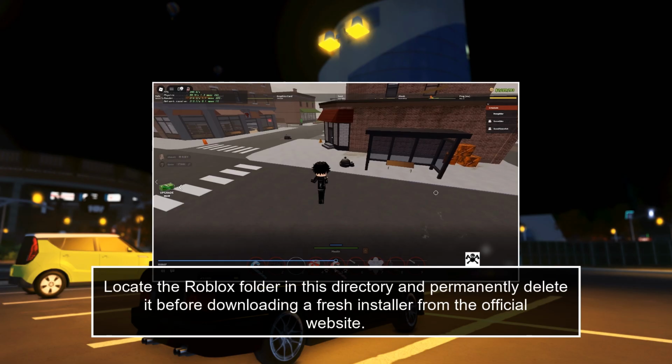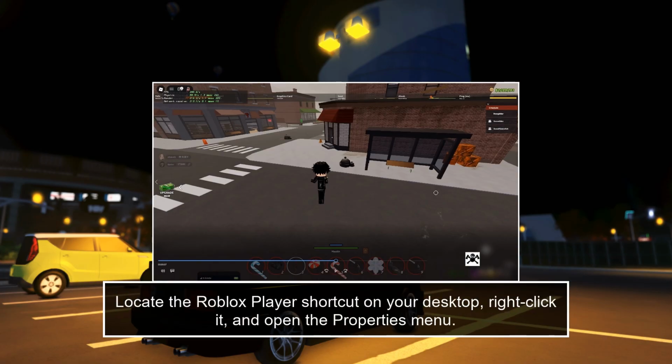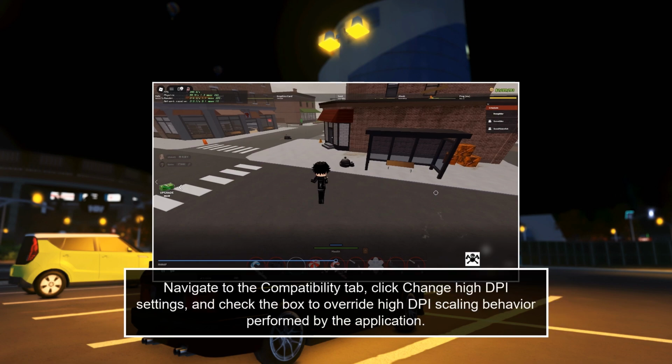from the official website. Windows scaling settings can sometimes misinterpret the game window boundaries, shifting the expected center point of your screen. Locate the Roblox player shortcut on your desktop, right-click it, and open the Properties menu. Navigate to the Compatibility tab, click Change High DPI Settings, and check the box to override high DPI scaling behavior